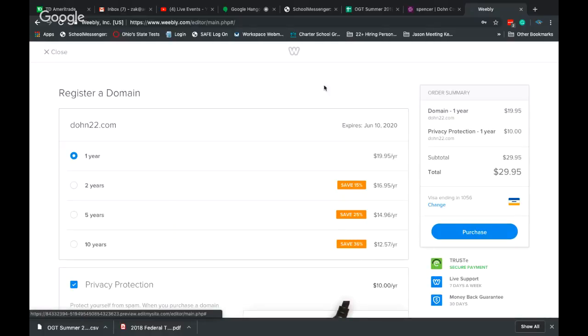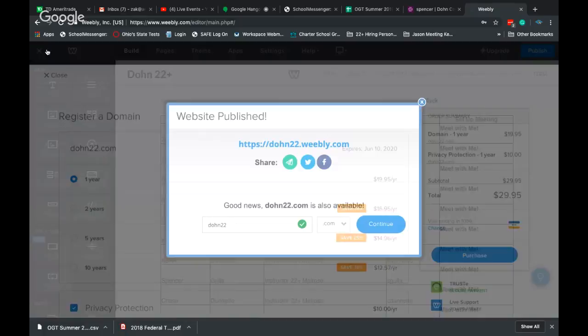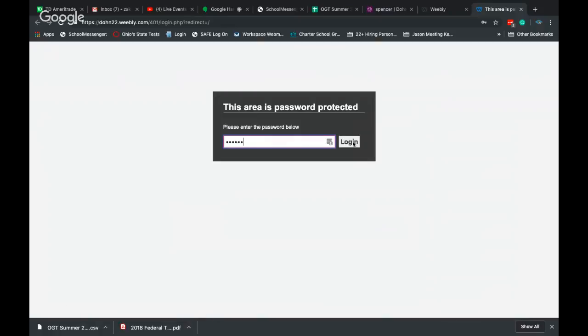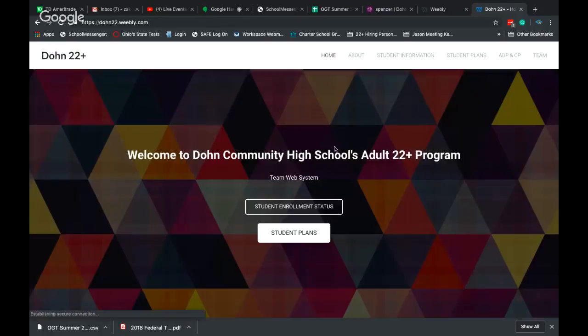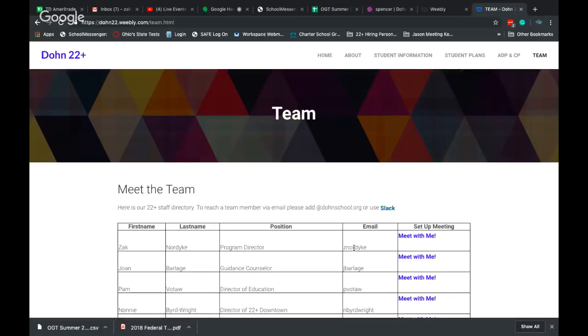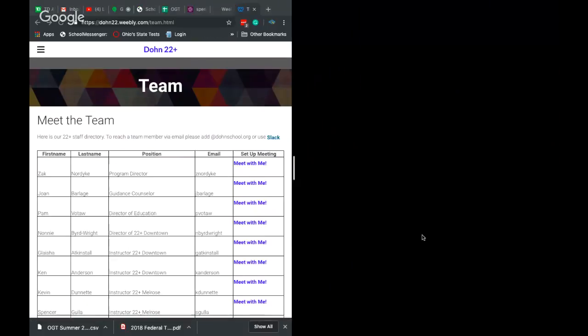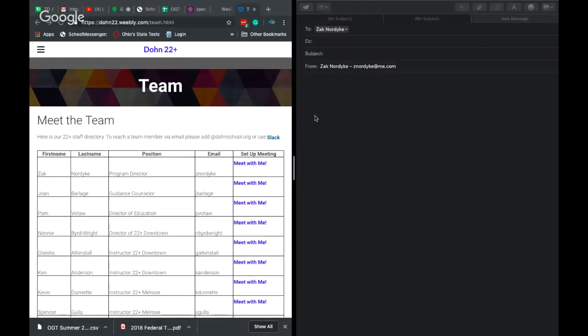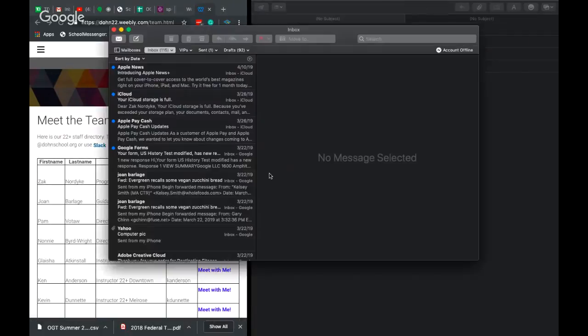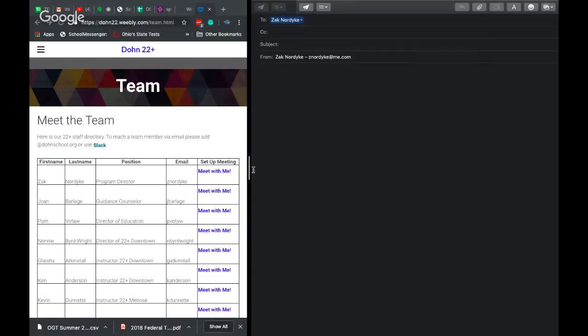What is this? Close. Uninteresting. So we'll go into the site just as a user would. Let's go to team. Okay, so the emails don't work, but I think when it's the meet with me, it does connect into the person's email. Yeah, it does. So that works. Get rid of this. That works, but